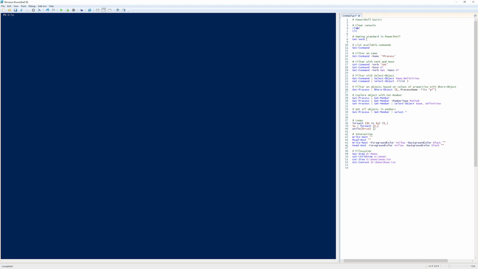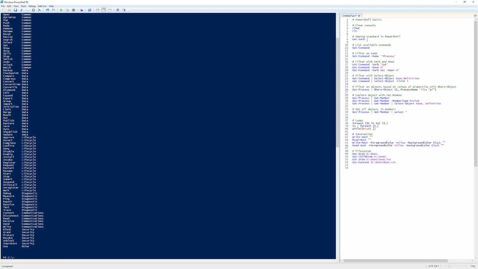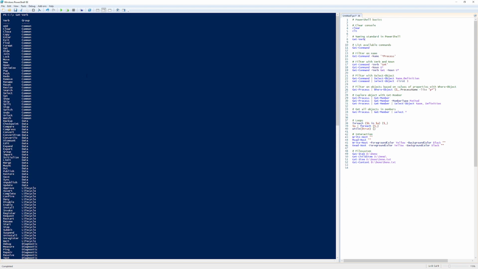if we click on, let's say, Get-Verb. So Get-Verb is basically the naming standard for PowerShell, and it's sort of a best practice to use verbs when I write scripts, and we can run that right now. I'm going to press F8. Once you have the cursor on one line, or if you mark one thing, it only runs that one marked thing. If you press F5, it will run the whole script in one piece. And you can see it here, Run Script or Run Selection. So if you have the cursor on one line, that's the line it will